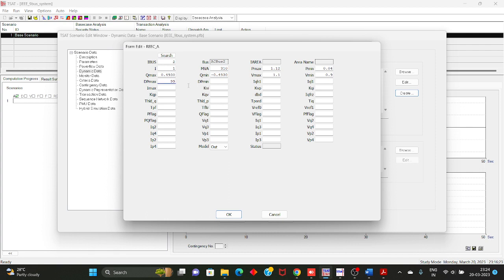dp max 99, dp min is minus of 99, iq max 1.05, iq min minus of 1.05, I max is 1.5, kvi 60, kvp 1, kqi is 0.41, kqp is 0, kqv is 0, dbt 0.05, 0.15,